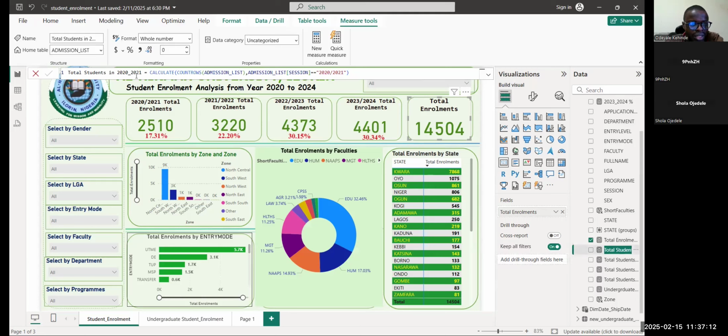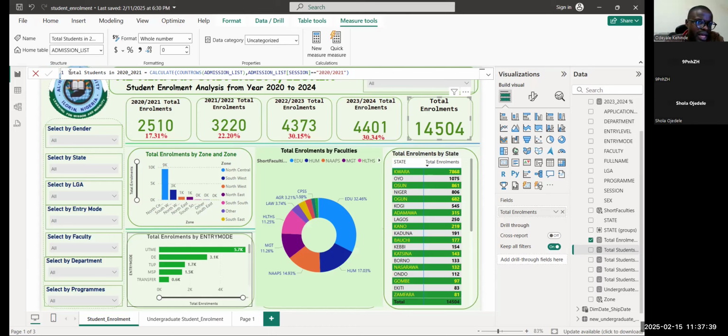Look at this one: total students in 2020, 2021. You still repeat the formula you used for the overall total enrollment, but what is added to it is this one: admission session, where admission session equals 2020,